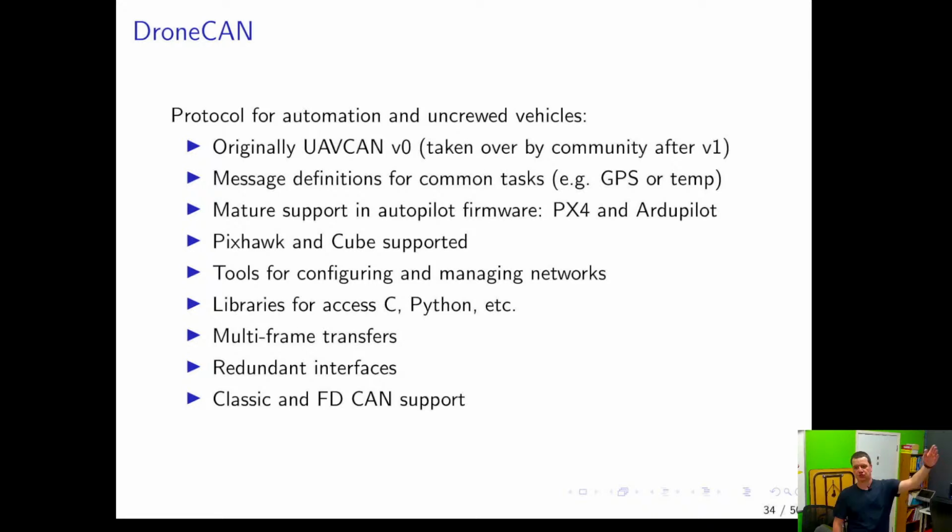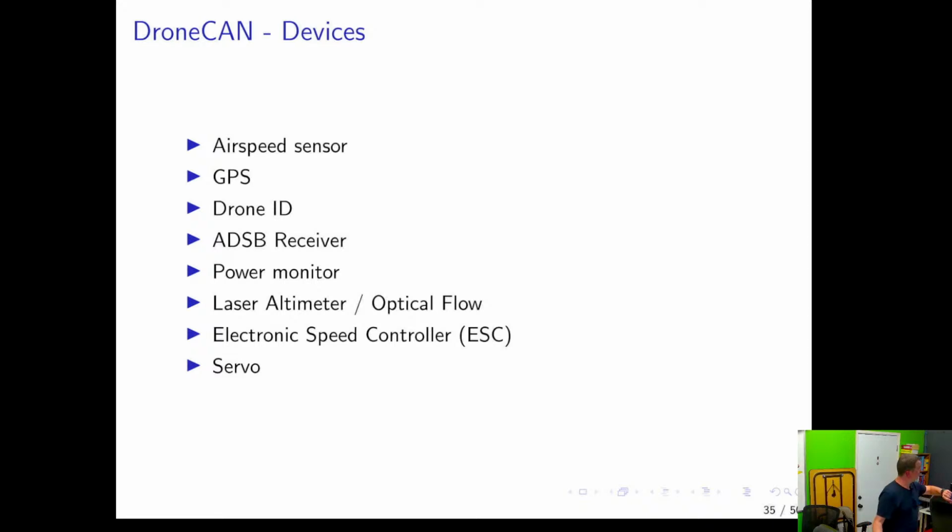They're very easy to land, right? Like if there's a problem with one device, you can just land it and fix it. It's not like a plane where human lives are at risk, generally. Cool. So DroneCAN, and then the type of devices you can find on the market now